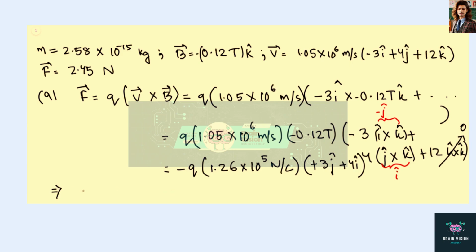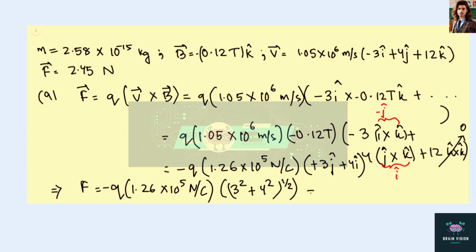So now we can find the magnitude of the force. That is going to be equal to negative Q times 1.26 times 10 to the power 5 Newton per coulomb, and the magnitude of this we find from Pythagoras theorem. So that is going to be the square root of 3 squared plus 4 squared, and we get the magnitude of force to be Q times 1.26 times 10 to the power 5 Newton per